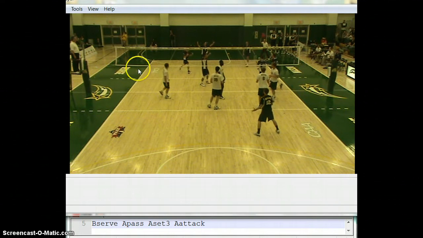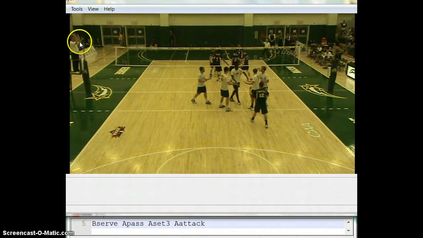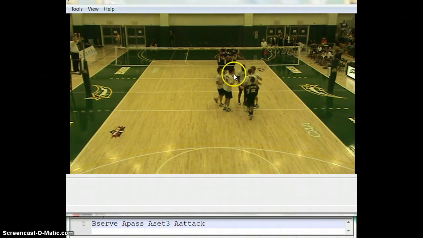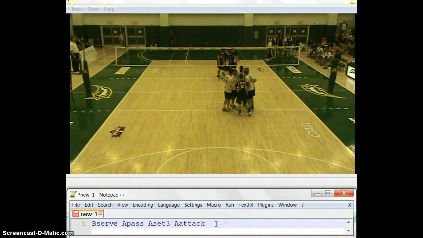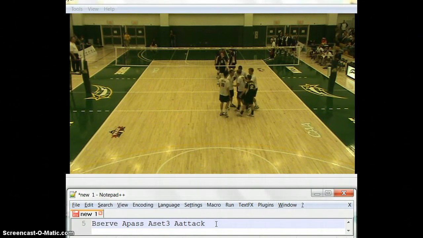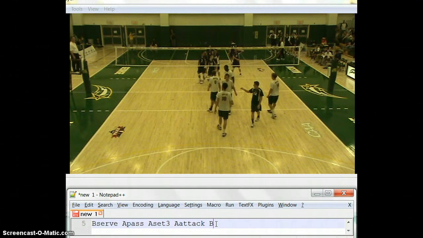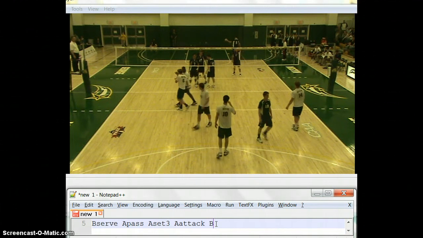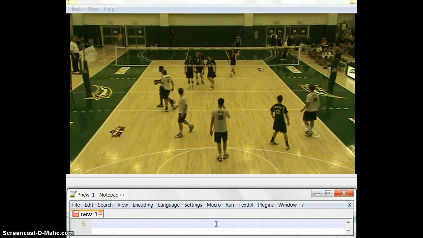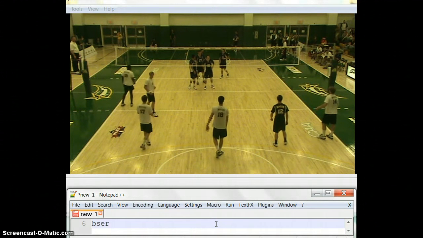And as you can see, the ball went out of bounds and the umpire raised his left hand, meaning the B team gets a point. So rather than after an A attack, we give a point to B, which is denoted by a capital letter B. Now, one thing I want to inform is that, if you choose to write rather than going the shortcut way,